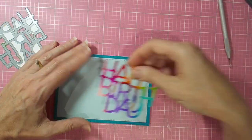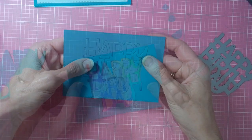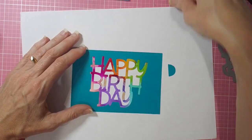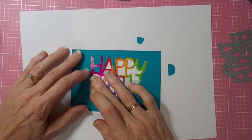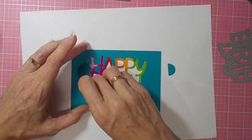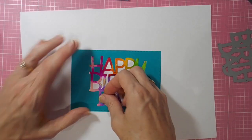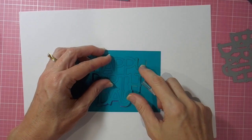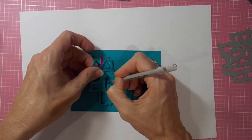So I've cut myself a little frame, that's the darker teal, and I've got my die cut piece now. But I wanted more. I decided that it needed a little more something something. So I've gone back to making another die cut, and then I'm laying in, I'm not going to adhere these little inlaid pieces, I'm just going to lie them in position. And I'm using my pokey tool here just to poke them out and lie them down in between